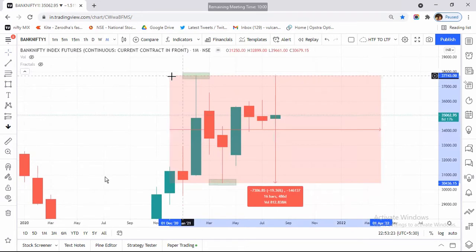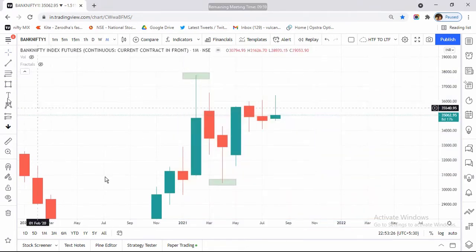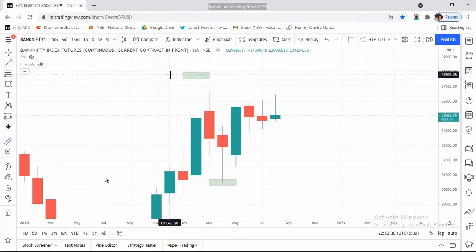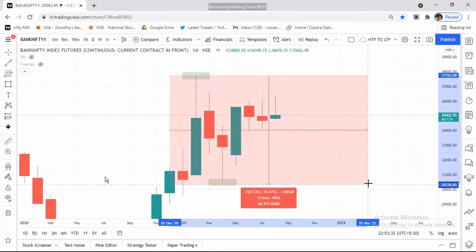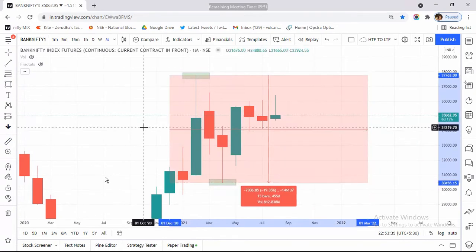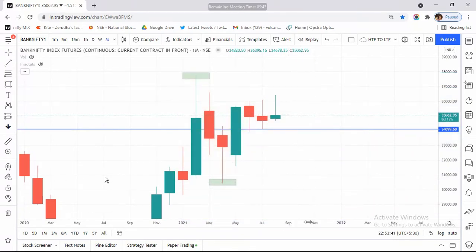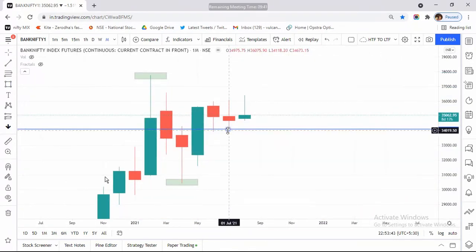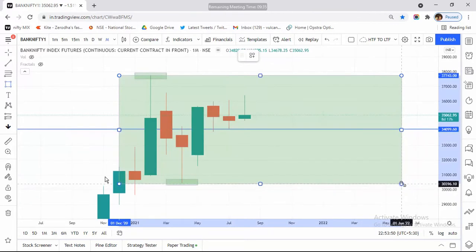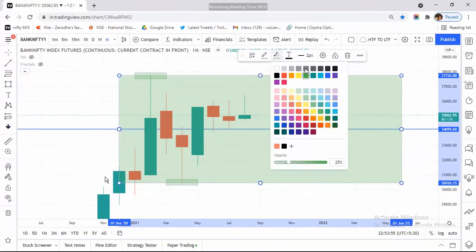So now mark this swing high and swing low with your scale. And now consider the wicks. This time you should consider the wicks. And divide this range by half. Now see how price is rejected from 50. This is the 50 of this range. Suppose this is your range here, in this range you should always work.